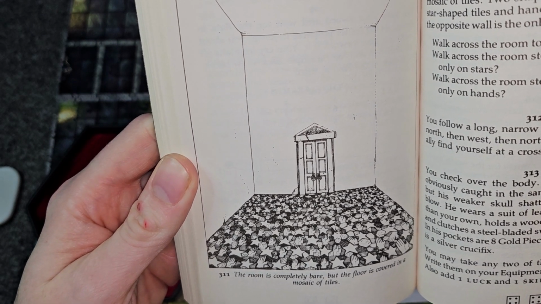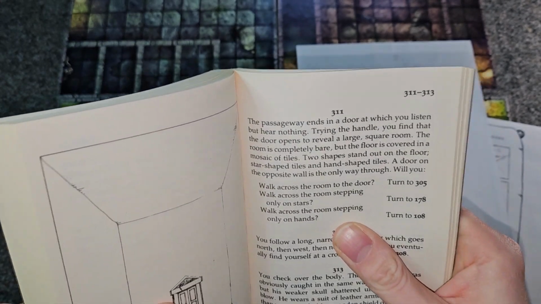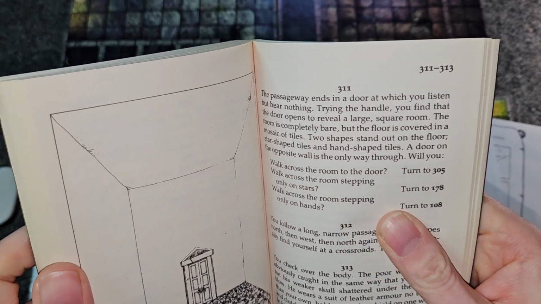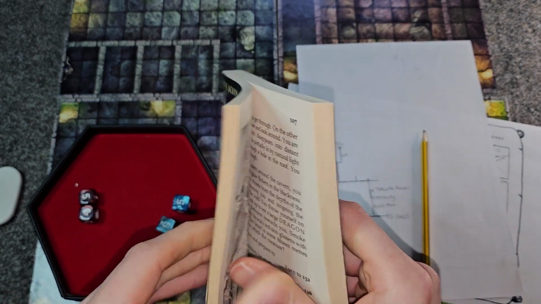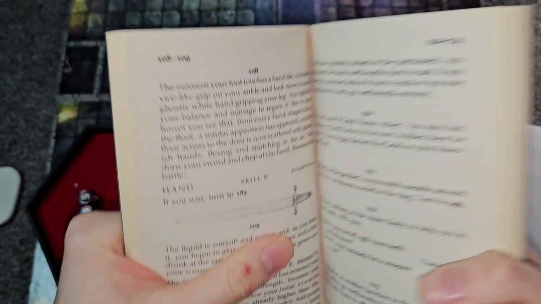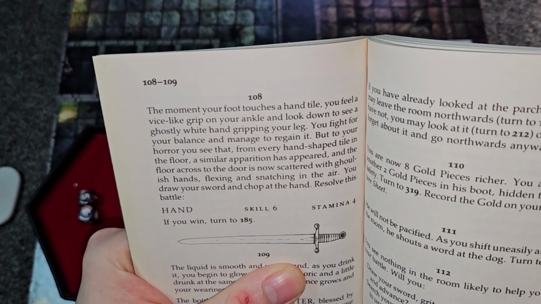Right. Something's calling me to step on the hands. So we're going to walk across stepping on hands. Turn to 108. I'm nervous. 108. Here we go. The moment your foot touches a hand tile, you feel a vice-like grip on your ankle